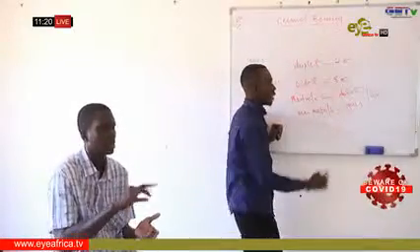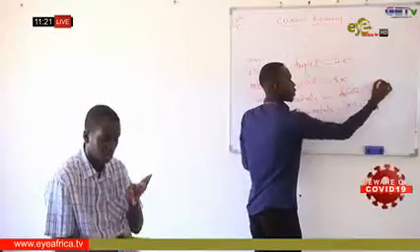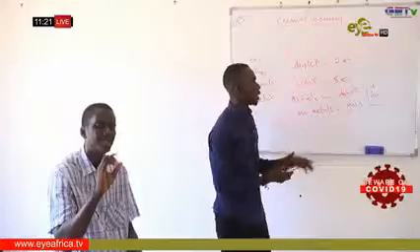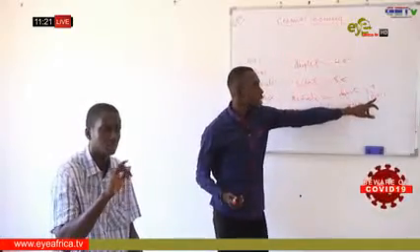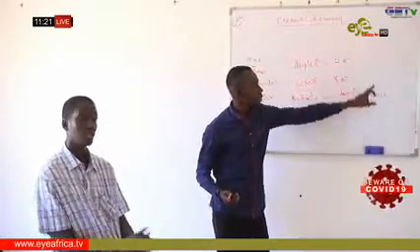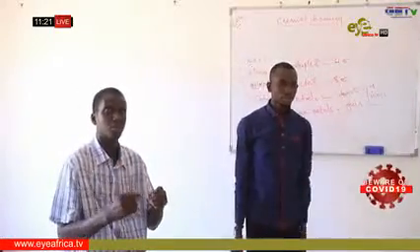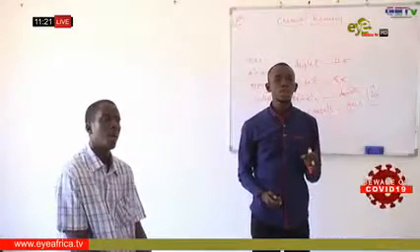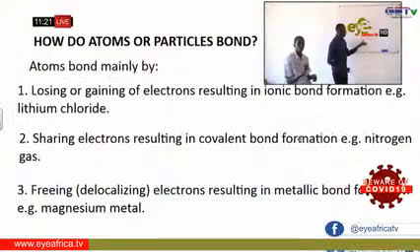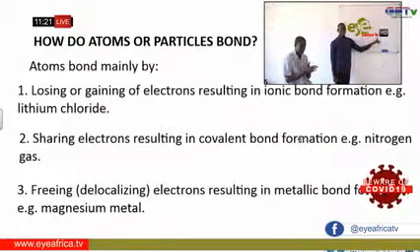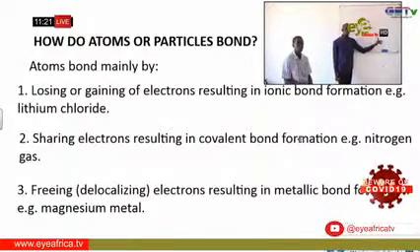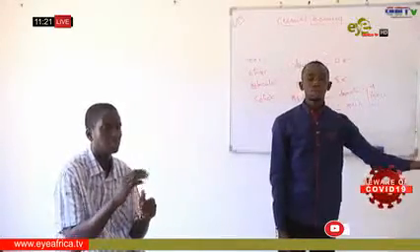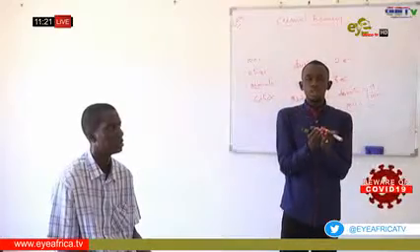And when this donates and this gains, they form what is called an ionic bond. When the metal donates, it becomes positively charged, and the non-metal gains and becomes negatively charged. That's why it is called an ionic bond, because it is the electrostatic force of attraction that involves the ions in the crystal itself. Other atoms bond by sharing electrons, resulting in covalent bond formation. We said non-metals can only gain electrons. But non-metals can bond. That is, one non-metal can bond with another non-metal. Now they do this kind of bonding by